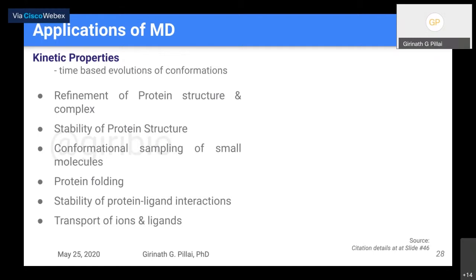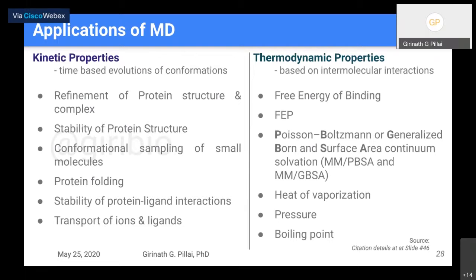While defining the kinetic properties, that is the time-based evolution of conformation, there is refinement of protein structure and complexes, mostly done based on model structures from homology or ab initio. Then stability of protein structure, conformational sampling of small molecules, protein folding, stability of protein-ligand interactions, and transport of ions and ligands. Coming to thermodynamics, of course, free energy of binding, FEP, PBSA, GBSA calculations,